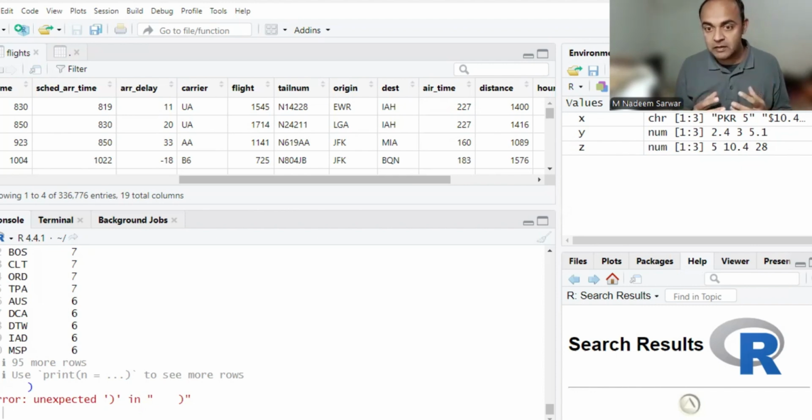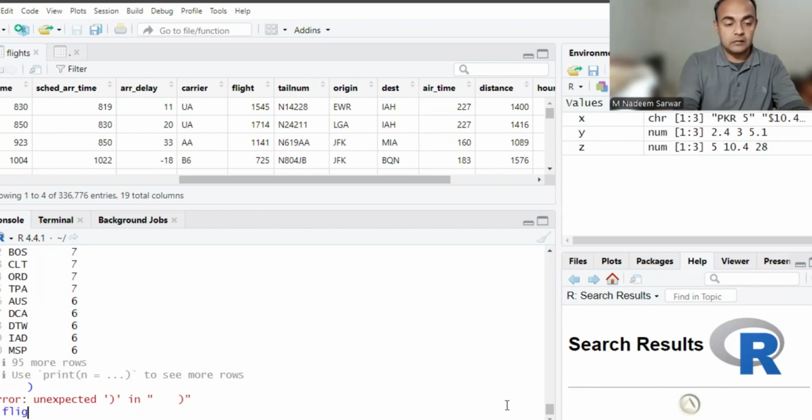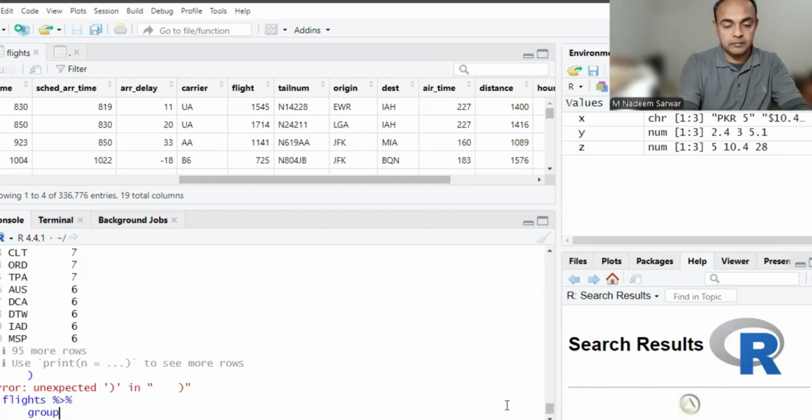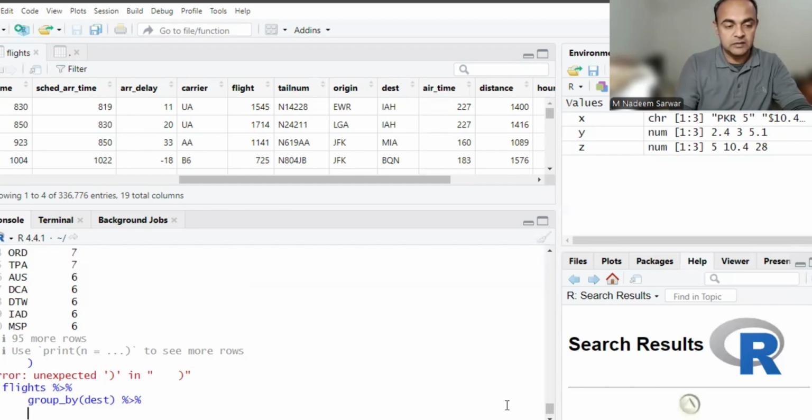Information about how your variable is constructed can be very helpful, but not only helpful, I would say it is necessary for an effective data analysis. So let's do it. We say flights and use the pipe function. Then we group them by destination, and we use the pipe function so that this information is passed to the next step, and then we construct